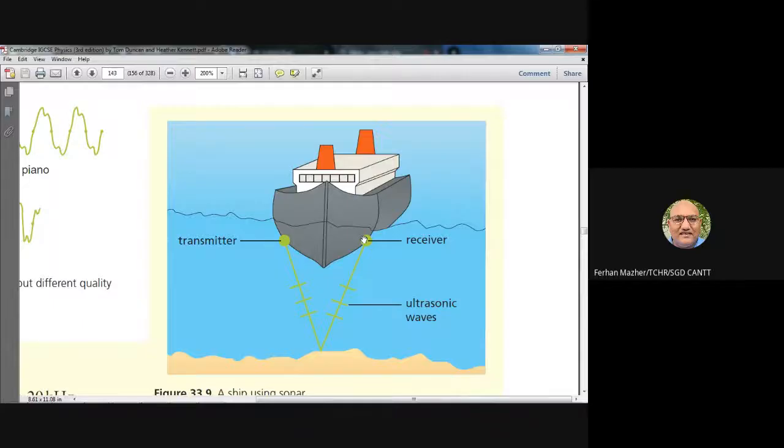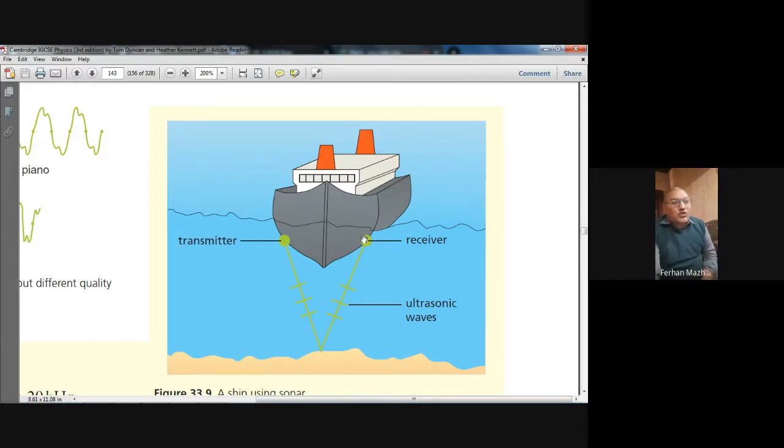So if you know, you see, if you know the speed of the ultrasounds. Yes, sir, we can hear. Yes, sir. Okay, so we were talking about how if you know the speed of the ultrasound in the water,